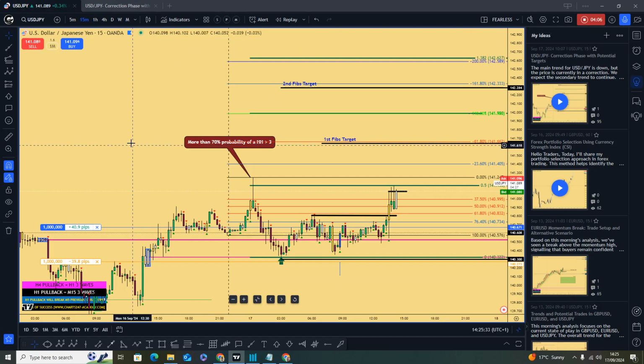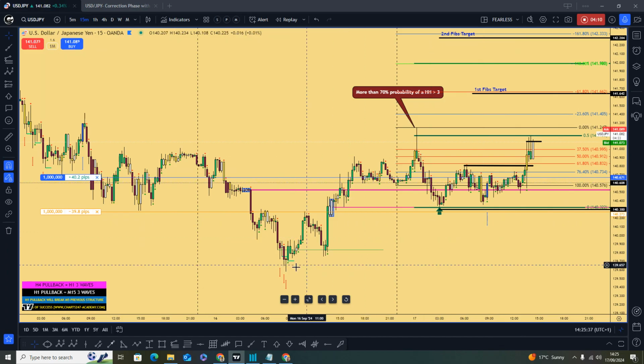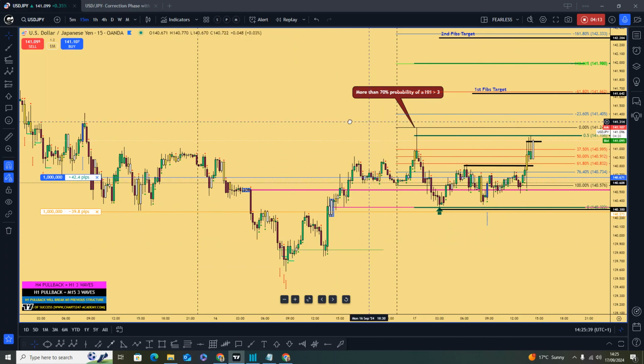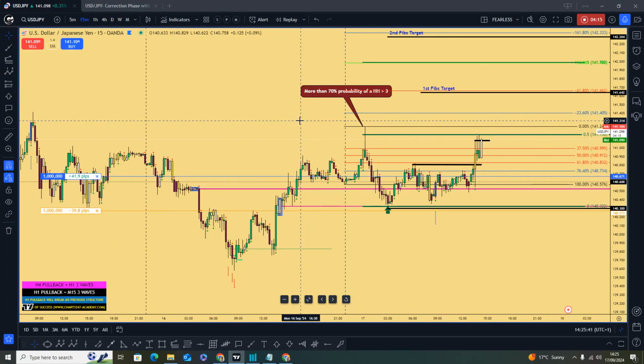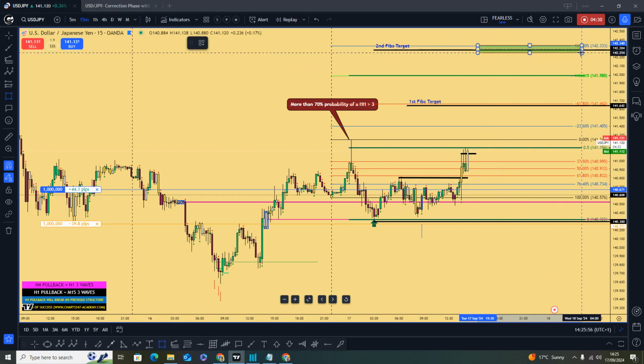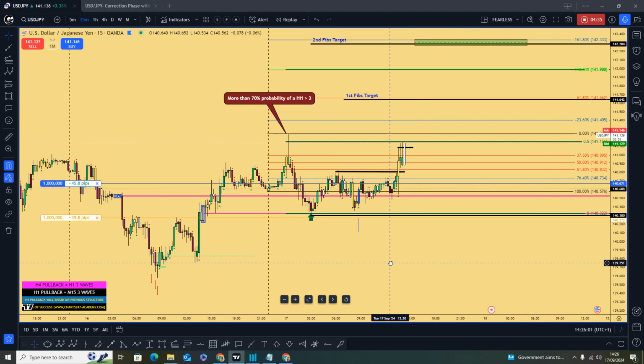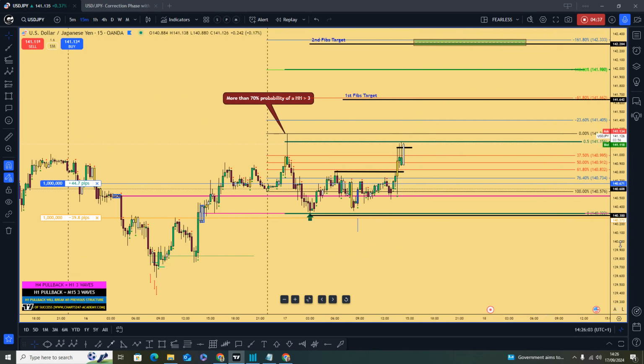Okay, so the alternative count for this wave, and this is something that we teach at the Wave of Success training, suggests to us that this is the area of target. Then we can sell from the second target here. I'm not going to do that here because that is for the class, but